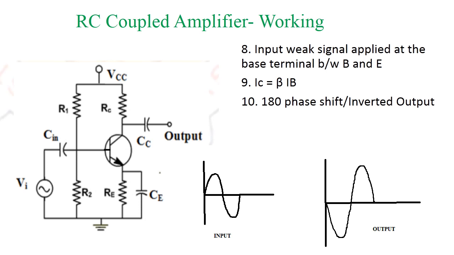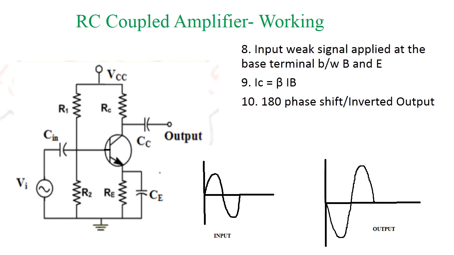So when the input weak signal is applied at the base, the base current is multiplied with an amplification factor beta, which gives the collector current IC. So this equation represents the amplification effect of this amplifier,